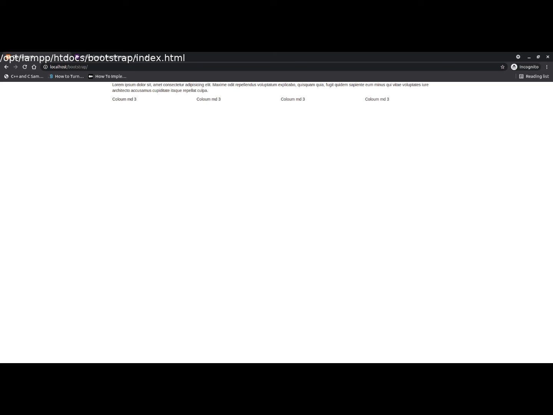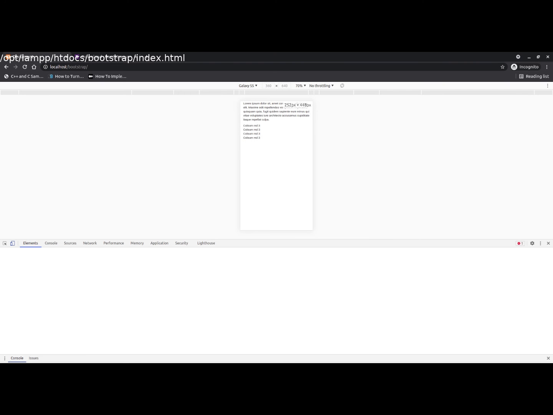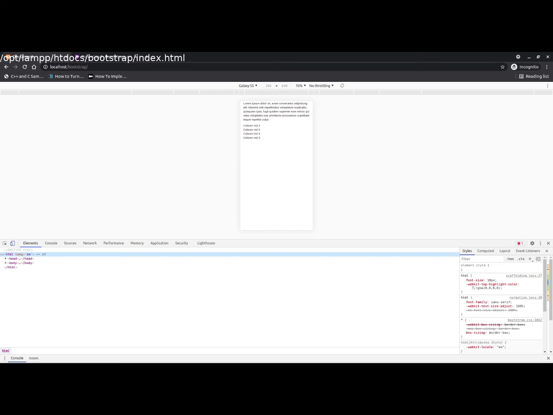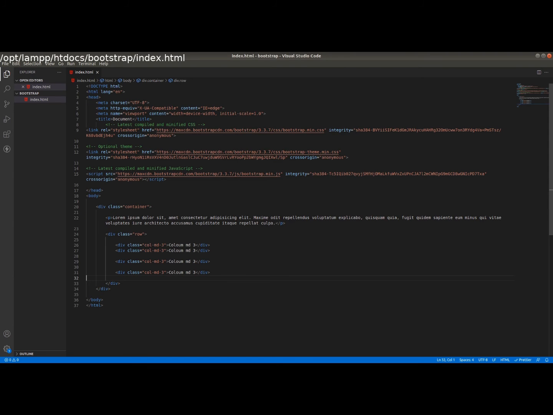If you inspect the element here, you can see that the col-md will be the list view if we have the size of a small mobile size, because you are using md. What if I'm using here col-xs, col-sm, col-lg-3?